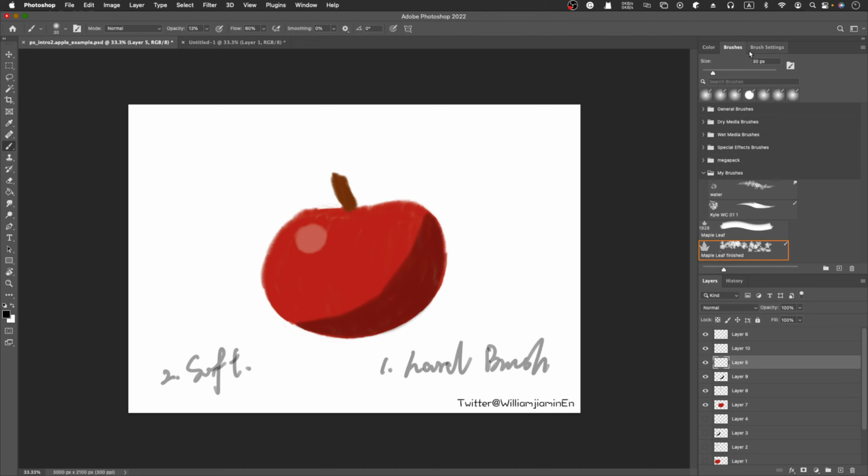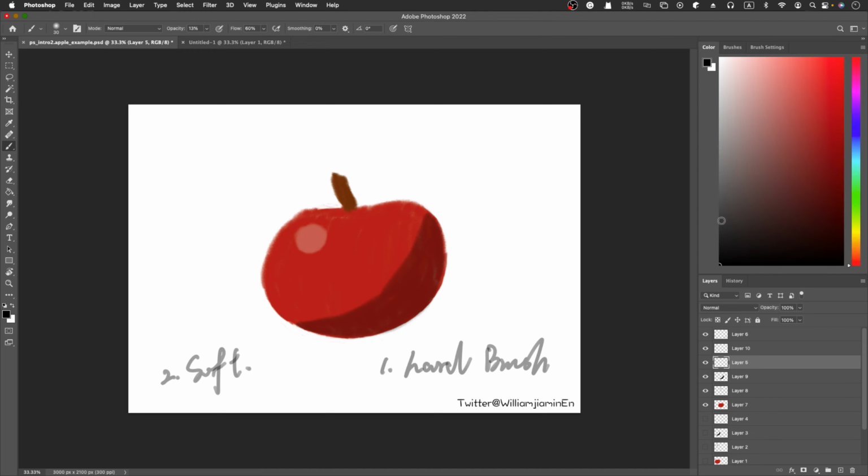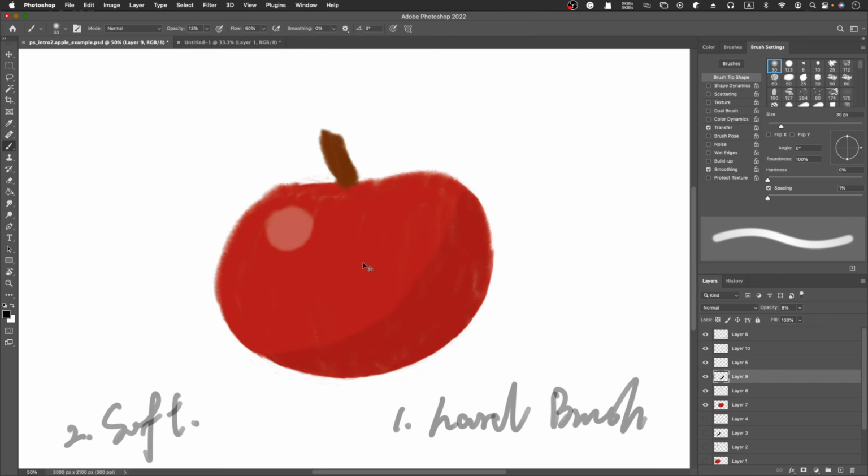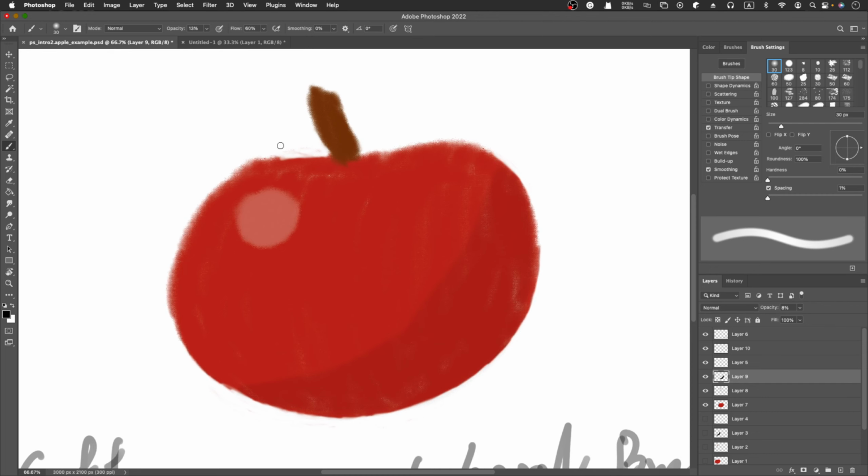Right, and yeah, the color. Okay, so we can just hide that layer, or you can just decrease the opacity of the layer so you can see it more clearly, and make the hole much bigger. Use the brush because you like to blend,